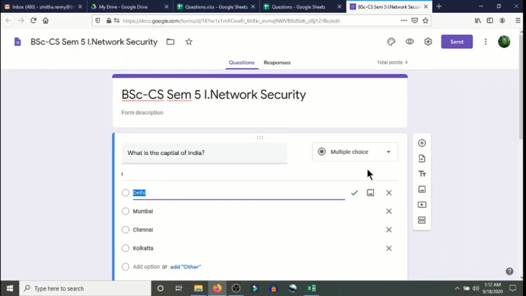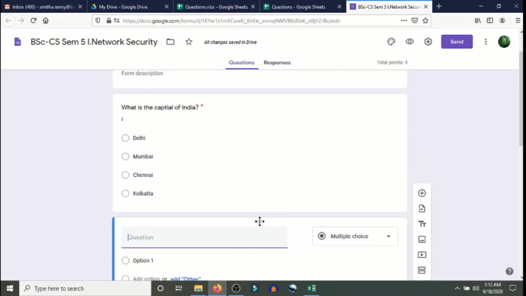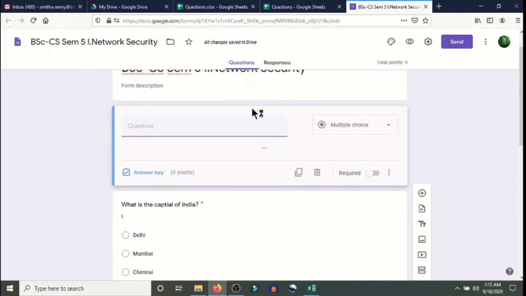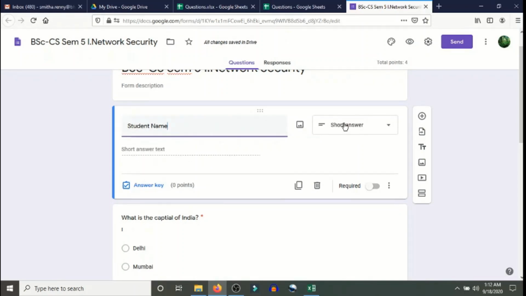So what we'll do is, we'll click on the first question, and at the sidebar, at the plus button, we'll add a new question. So you can see the question went down. I'm going to click and drag and keep it above the first question. So the first question I want the student to answer is, what is the student's name? So student name I want to ask. Google automatically changes it to short answer because it knows that it may be a short answer. We will click on required and make that a mandatory question. We will not allot any points to this because this is not a scoreable question.